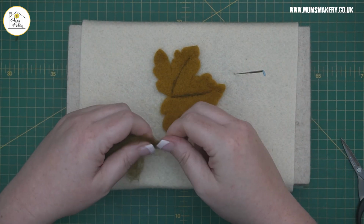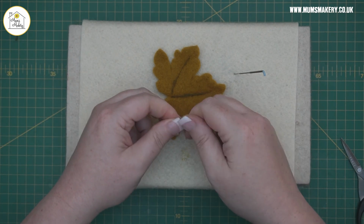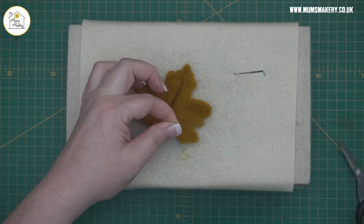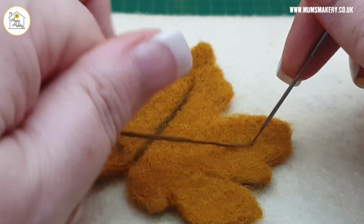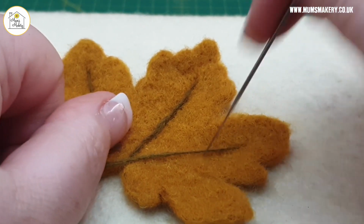And I'll just put one more. So again, roll it up. Let me just snip the unruly bits off, anchor it, twist and lay it down,